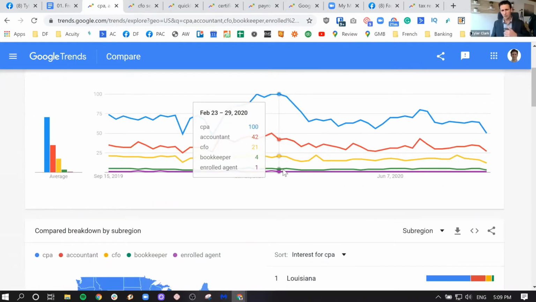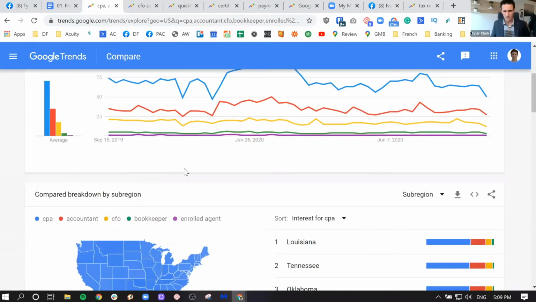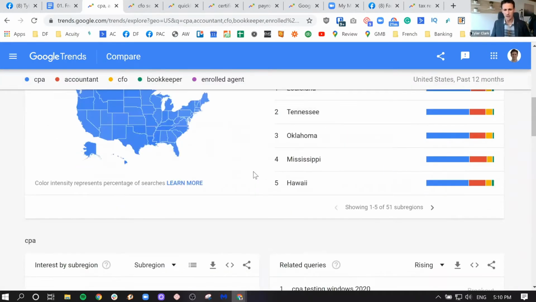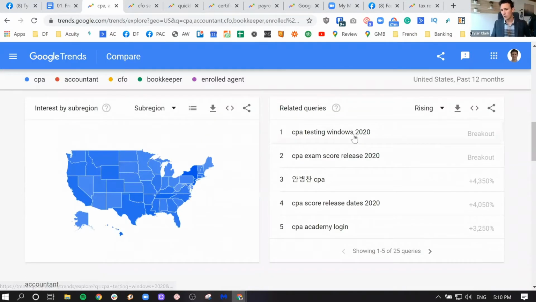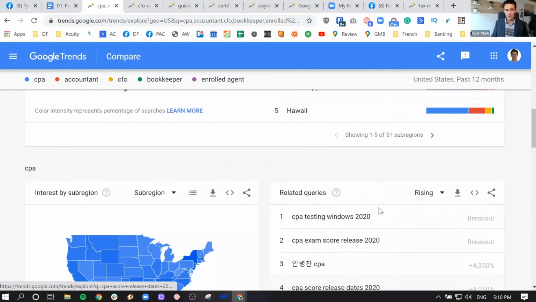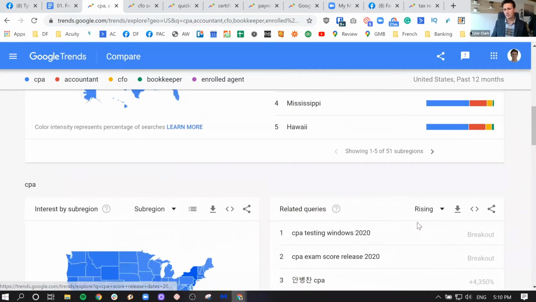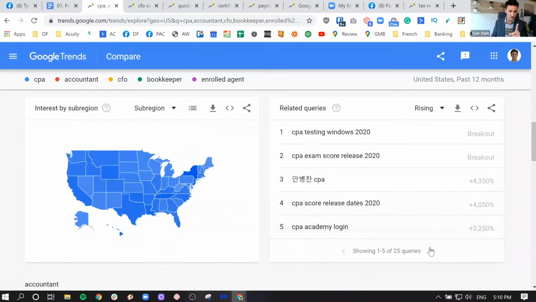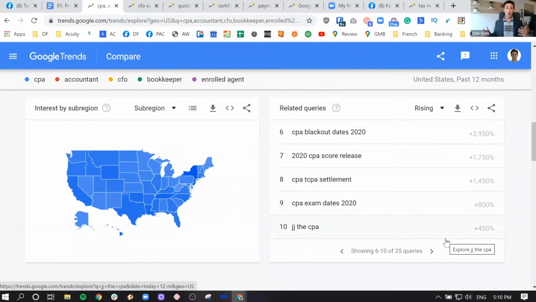And if we dive a little deeper into this, what's kind of cool is this data will be broken out in terms of what were the related queries. Now, what's interesting about CPAs, since so many people are most likely applying for it, you'll see that the related queries under CPA are not necessarily even specific people searching for CPAs. And I think that's an important distinction to make, because you might look at that data and say, well, if I'm not a CPA, I'm not going to get any business. And it's like, well, a lot of these searches are actually more related to becoming a CPA as well as